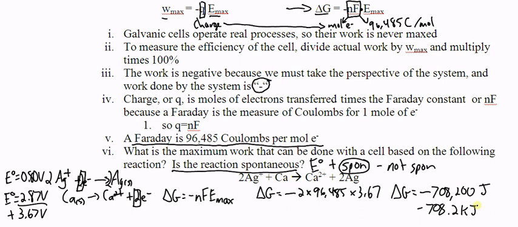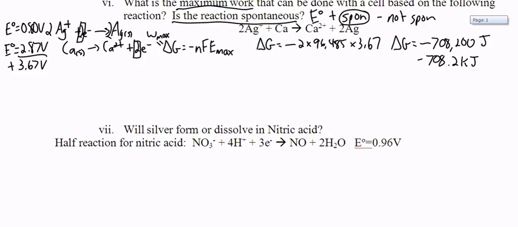But that's pretty much how you're going to calculate for work max, right? Because maximum work is free energy. And so the two equations work together. Alright, so we could almost go back and say work max is equal to delta G is equal to negative n times F times cell potential max. So with that in mind,